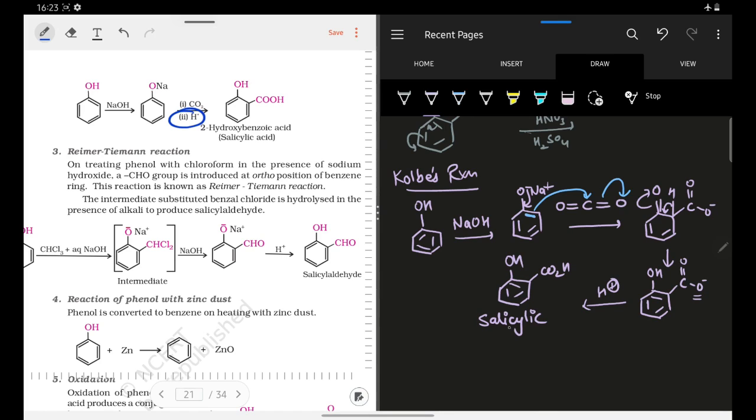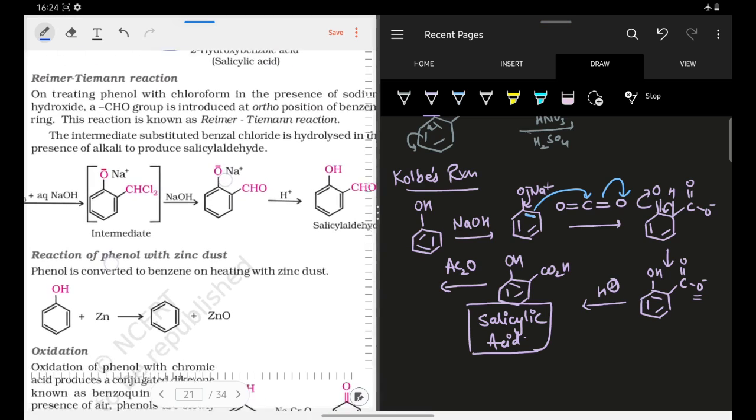Now if you have watched my previous videos, I have told you how to make aspirin from this salicylic acid. This reaction was there two to three pages back, I think. So if you treat this compound with Ac2O, acetic anhydride, you will get acetyl salicylic acid, which is aspirin, okay. So this much you should know, what is Kolbe's reaction. Kolbe's reaction is nothing, just the treatment of phenol in basic medium with CO2, which leads to the formation of salicylic acid, which can be treated further to give you aspirin, okay.